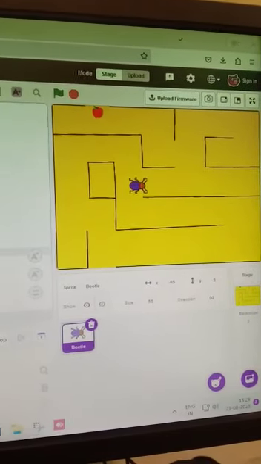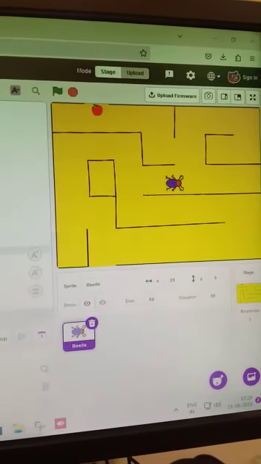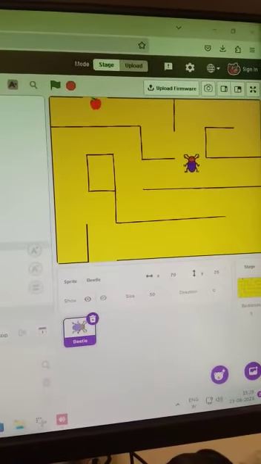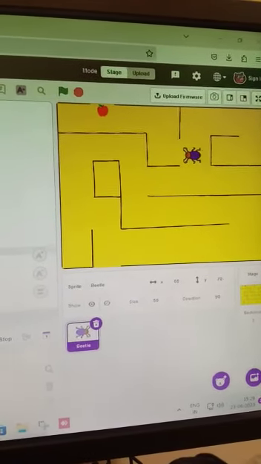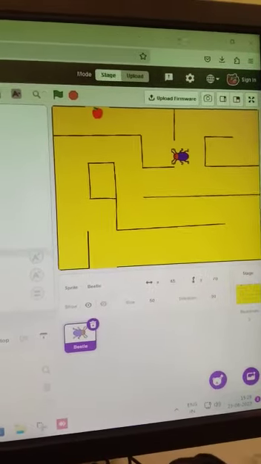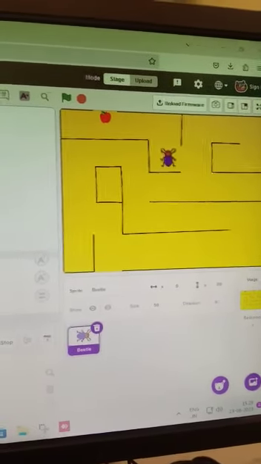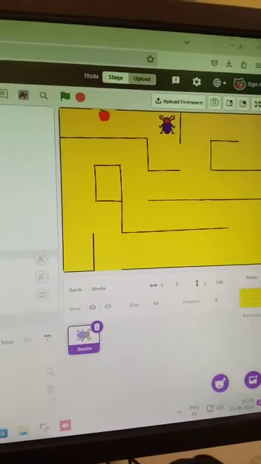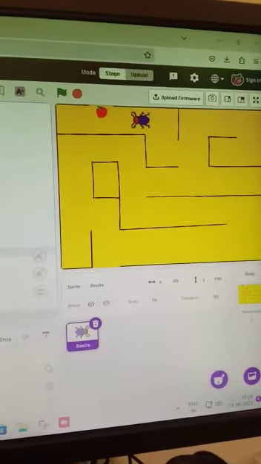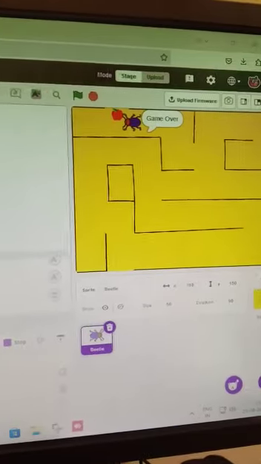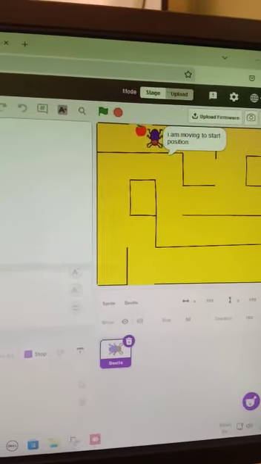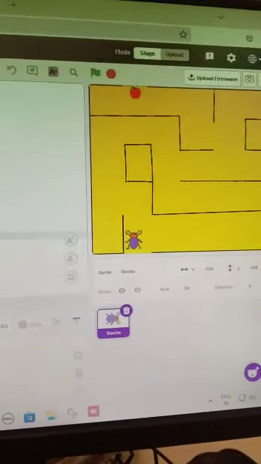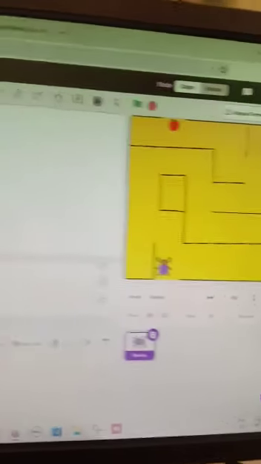upside, again right side, again upside, left side, again up arrow key I am pressing, again left arrow key. Now it has touched the apple, which is in red color, and it says game over and it is coming back to the original position. So I have done the activity.